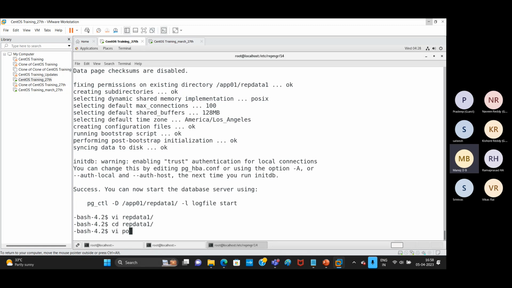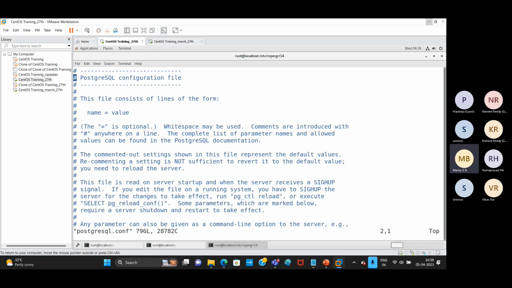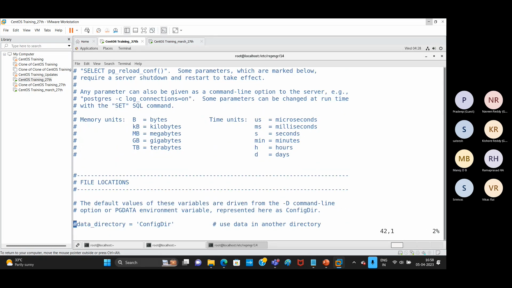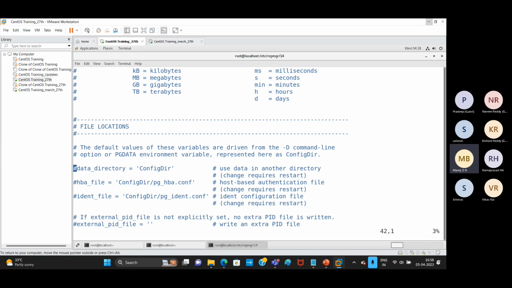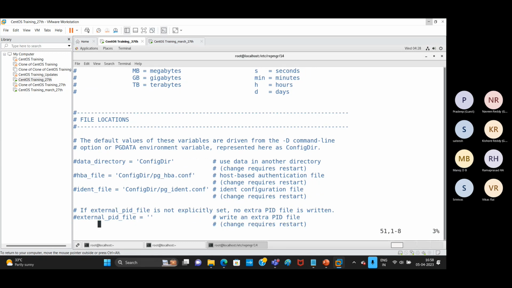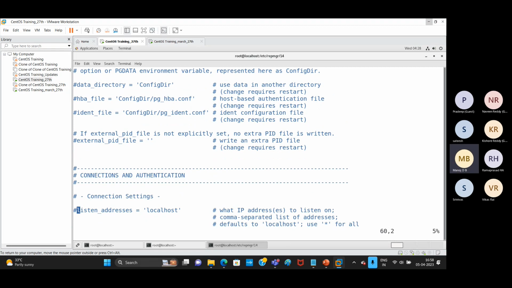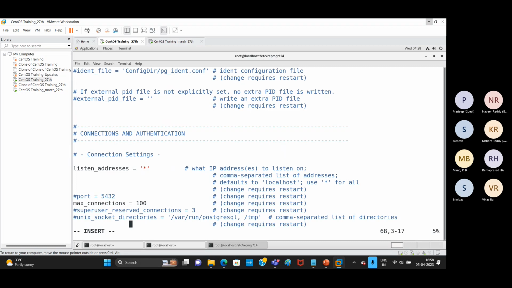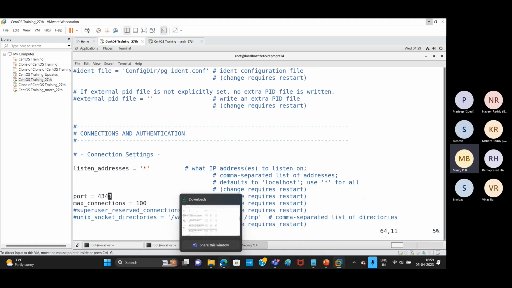I will go here and configure some parameters there. We change the configuration parameters, and I will change the port number. What port number do I need to give? I will give 4343. Okay, going to give 4343. And the next thing is